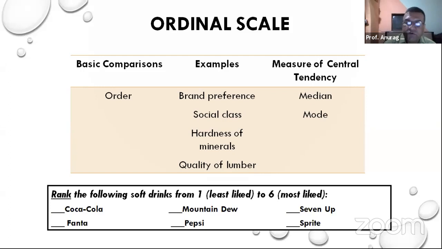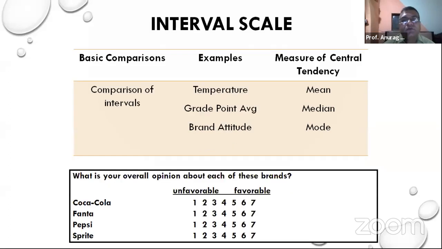Let us move on to the third one, that is the interval variable. Interval scale, you compare the distance also. So order, classification, and distance. And the most popular case of interval scale is the thermometer, where you have got values from say 94 to 108, and you measure temperature, but there is no absolute zero. The other example that I've already given is the grade point average. Another example could be brand attitude. Now, how would you